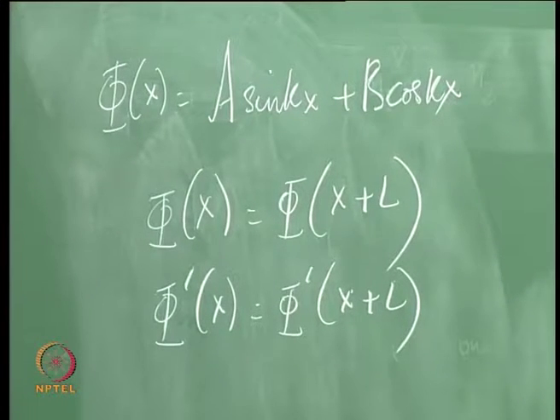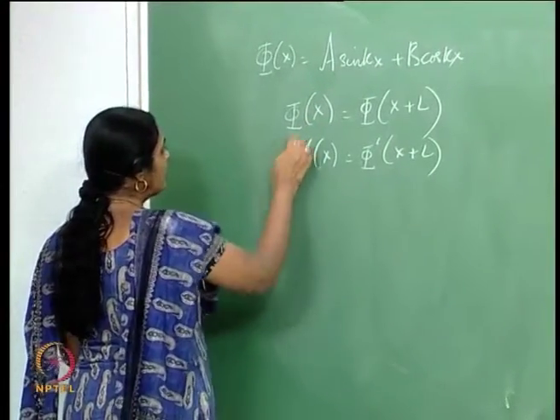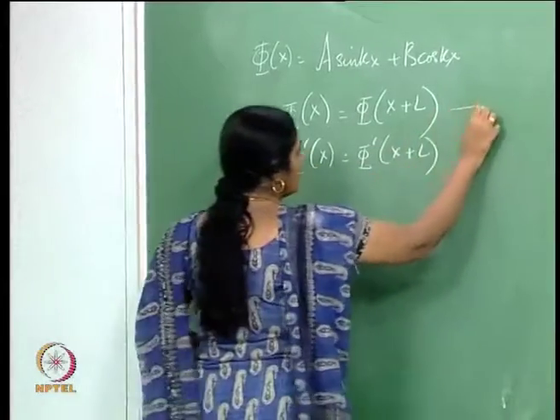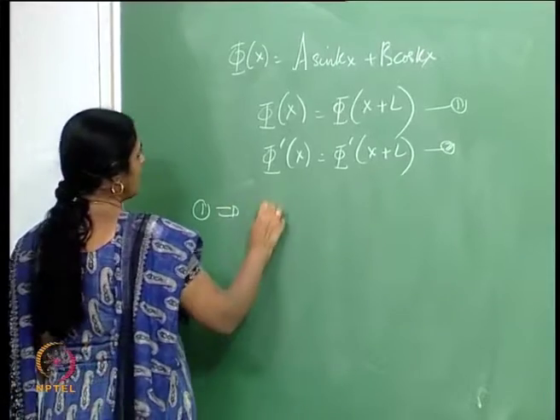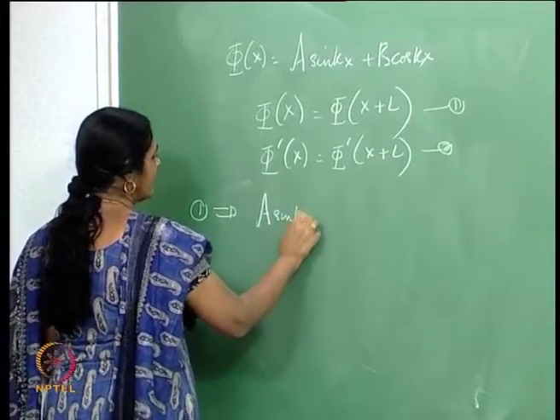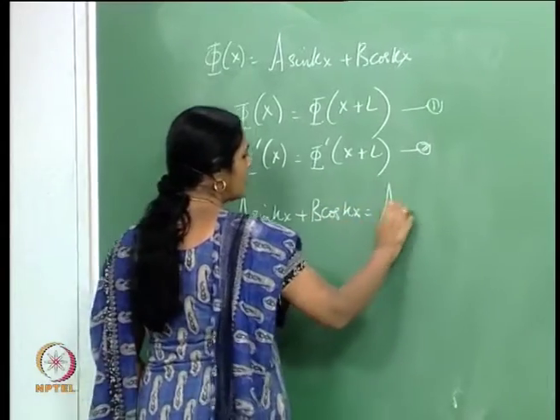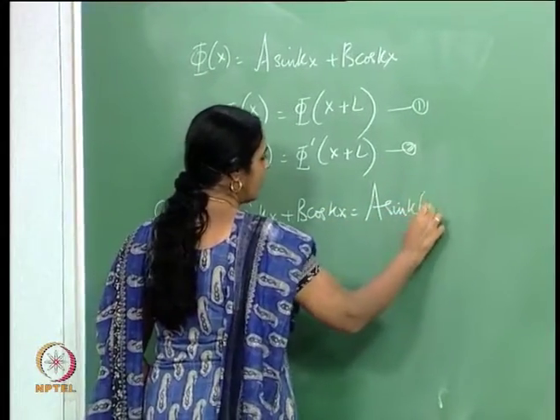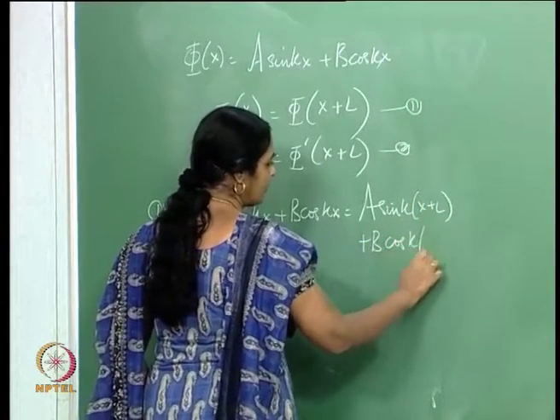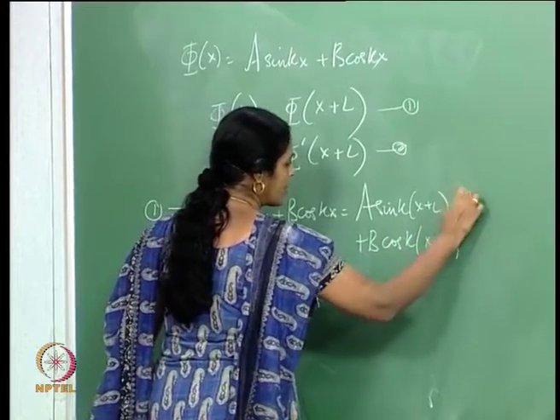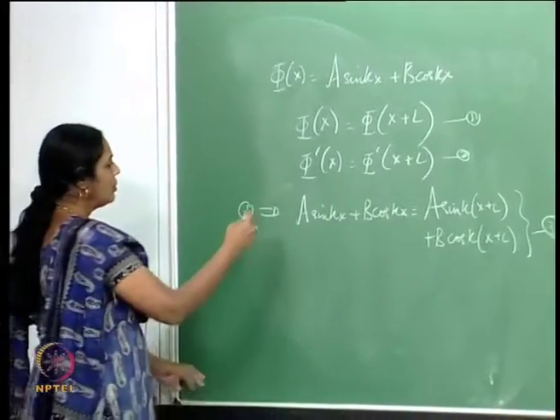Suppose I did that. Remember, I have two unknowns here, a and b. So, phi of the first condition implies that a sin kx plus b cos kx equals a sin k(x plus L) plus b cos k(x plus L). That is the first condition. Now, look at the second condition,